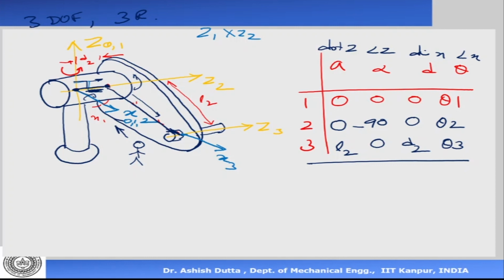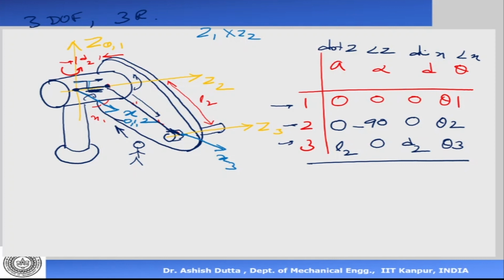So what we are seeing is that we have to assign axes properly to be able to figure out the correct way of assigning an axis, and then write down the DH parameter table. Now, taking each row of this, we can write the transformation matrix and multiply them out, and then get the relation between the last frame and the base frame.